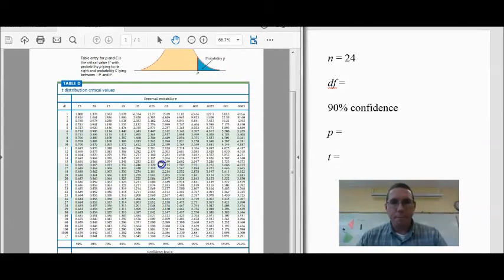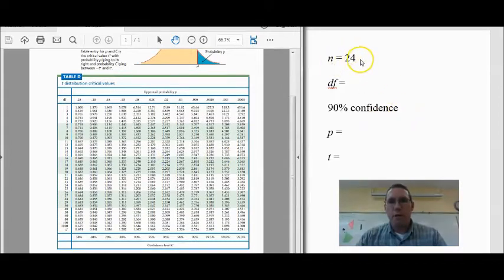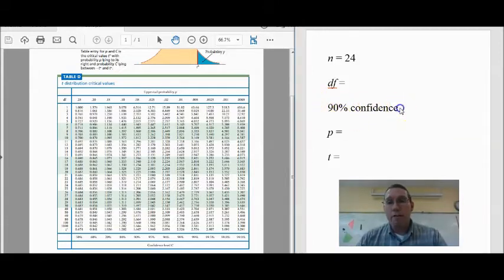And so in this particular circumstance, you can see our sample size, n, is 24, and we're being asked to identify the t-statistic for a 90% confidence interval. Now, for a 90% confidence interval, we would turn that into 0.90, right? We'd divide by 100, and then we would subtract that from 1. Okay, so we would do 1 minus 0.9, which would give us 0.10, and then we would divide the 0.10